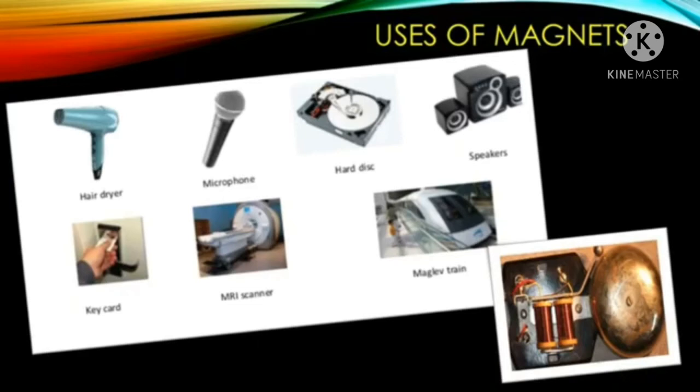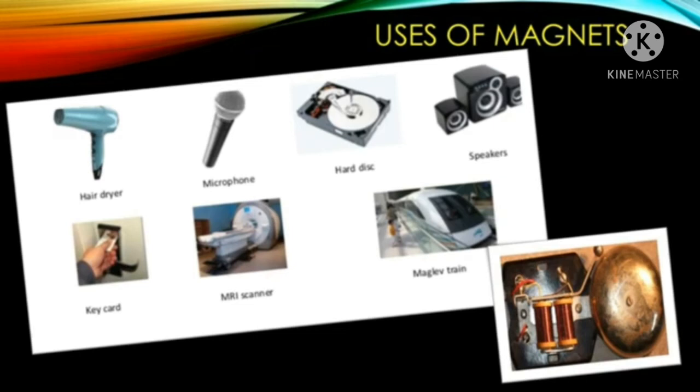Nowadays, magnets are used to generate electricity in dynamos. Electric motors and generators use a kind of magnet called the electromagnet to generate electricity. Magnets, especially electromagnets, are used in our day to day life. They are used in electric bulbs and electric motors. They are used in loudspeakers and microphones.